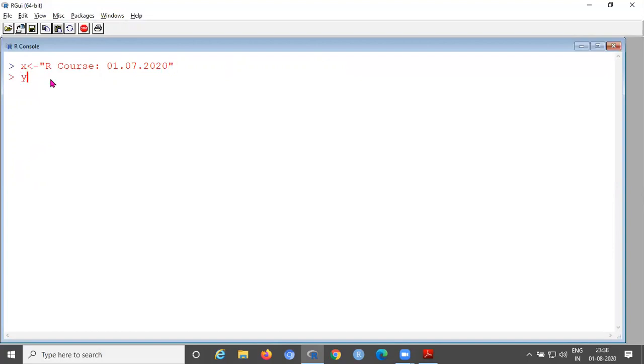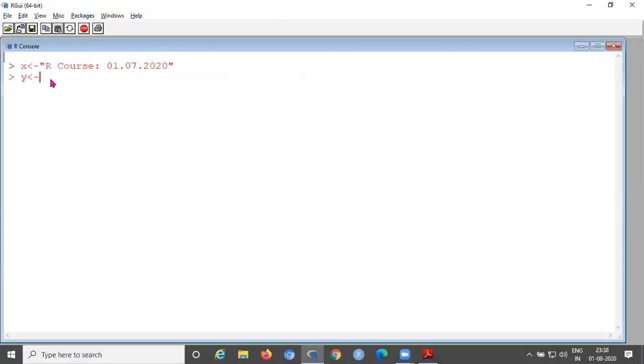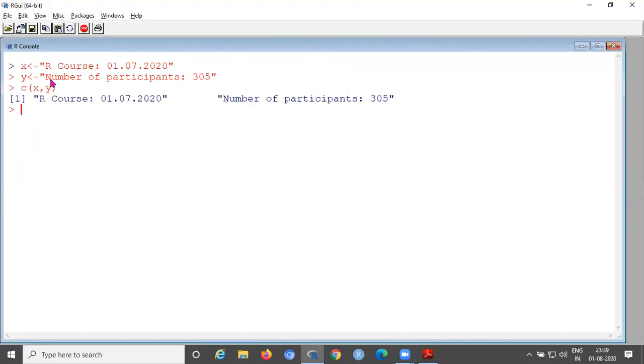Now the second string, y, number of participants, let's say 305. Now we are combining both strings by using the function combine, c of x comma y. So it displays.